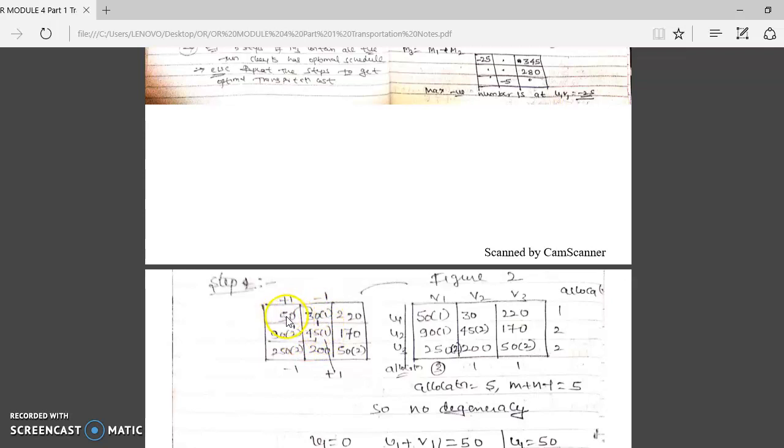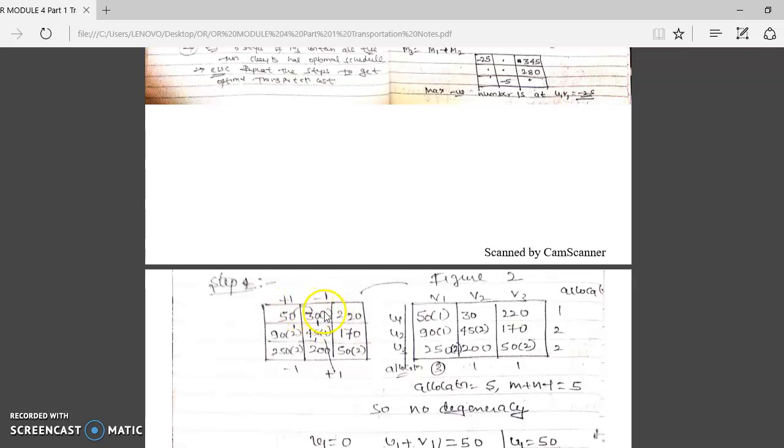So this will be the basic one. We have to compare the corner points where three elements are allocated. See, here I have taken plus 1. In the previous example I have taken plus 2. Here I have taken plus 1. Why? Because if I take plus 2 here, then here I have to write minus 2. That time it becomes minus 1. So allocation can never be a minus 1.